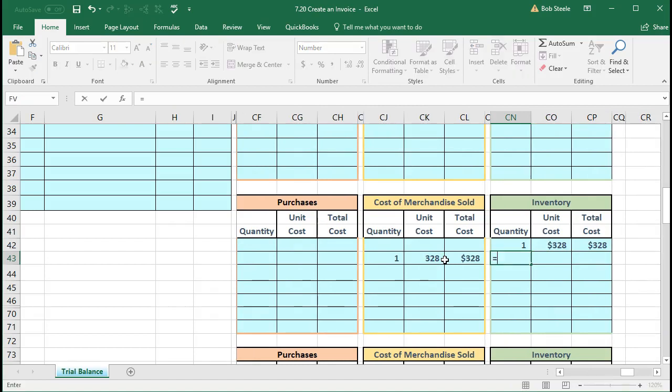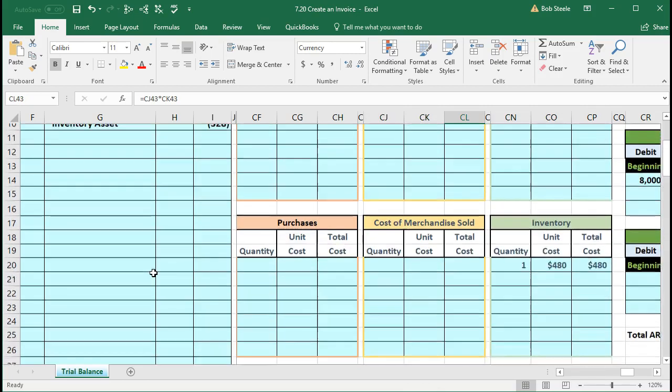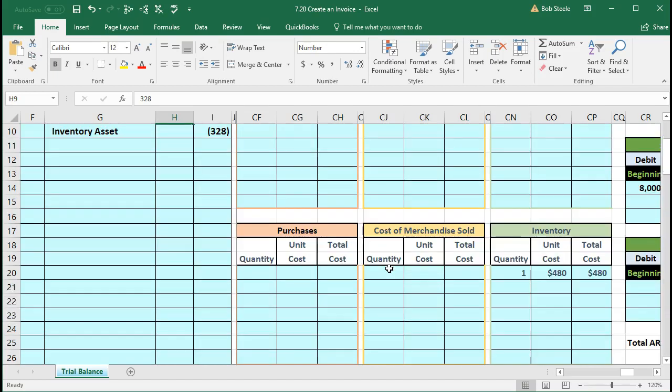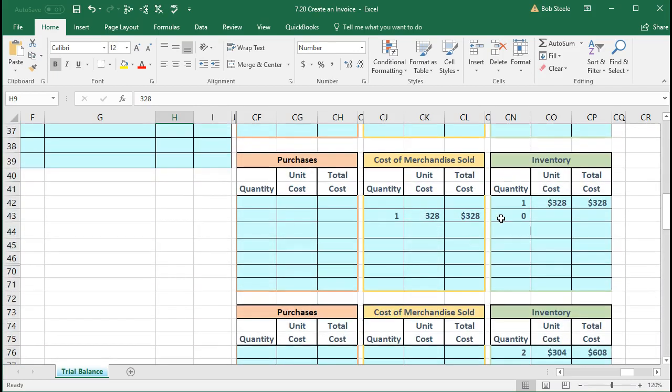And then how many units of those do we have left? 1 minus 1. I'm just going to say this is what we had. This is going to be on ending inventory now. So this is the cost of goods sold. This is what we recorded in cost of goods sold. We can see it here. And then we're going to record what's left in ending inventory. We have 0 now. We had 1 and we sold it at 328. You could just type in the 328. I'm using formulas. If we multiply this out, 0 times 328 means, of course, we have nothing left as of